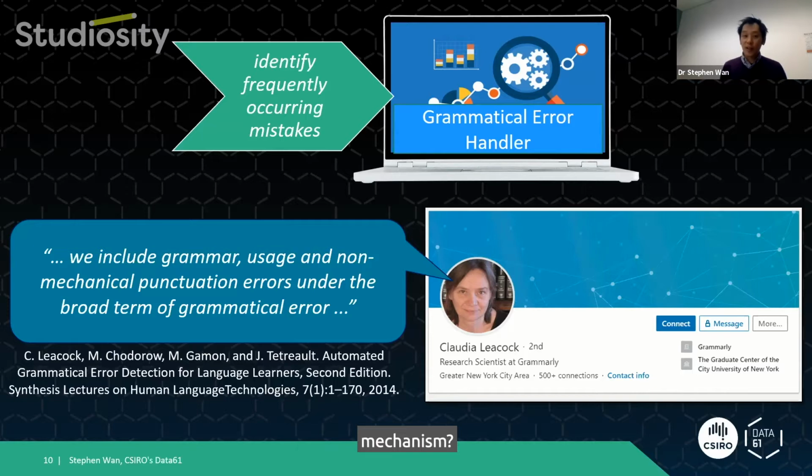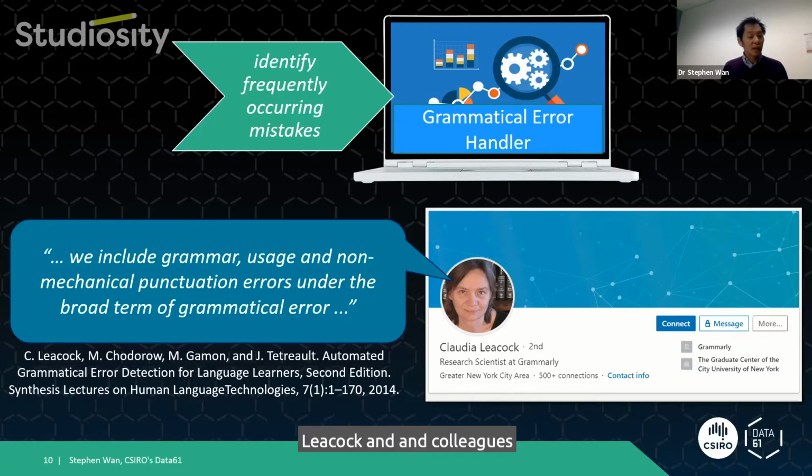So what's in scope for such a mechanism? Well, Claudia Leacock is one of the key computational linguists who's worked on this topic since the early 2000s. And she led the publication of a survey on this precise topic in 2014. In fact, she's now at Grammarly.